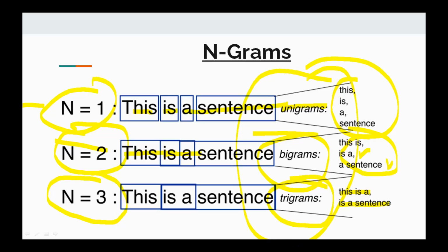For example, if we decide to choose unigram and trigram for tokenizing, we can have 6 features: 1, 2, 3, 4, 5, and 6. This is just an example.